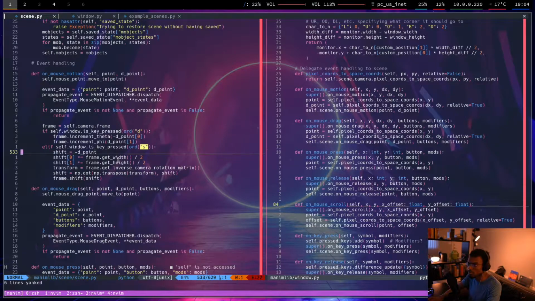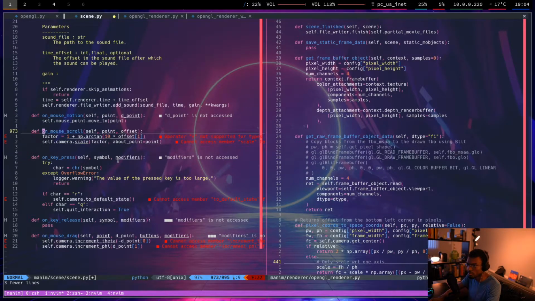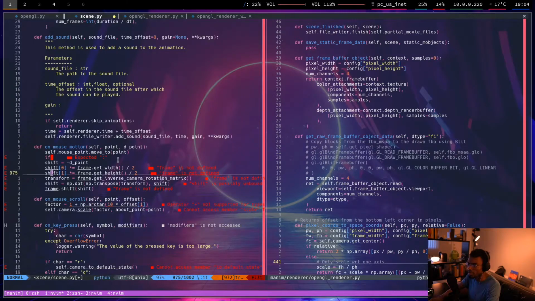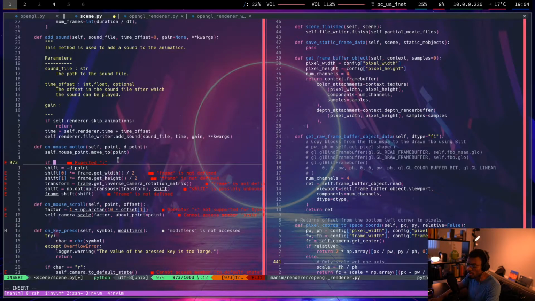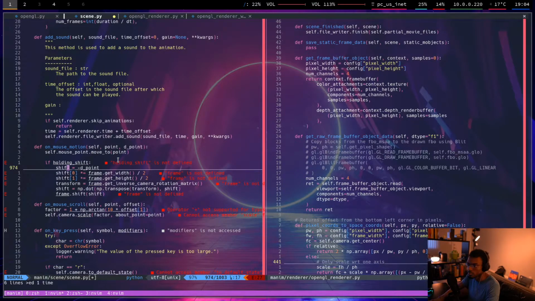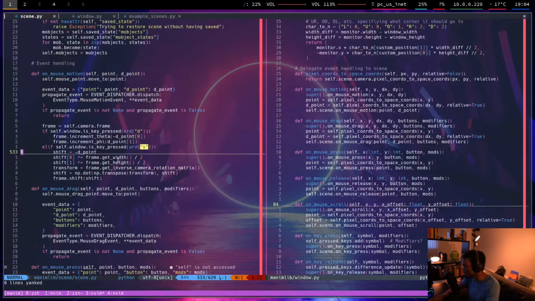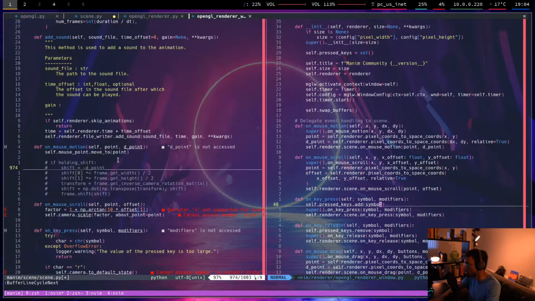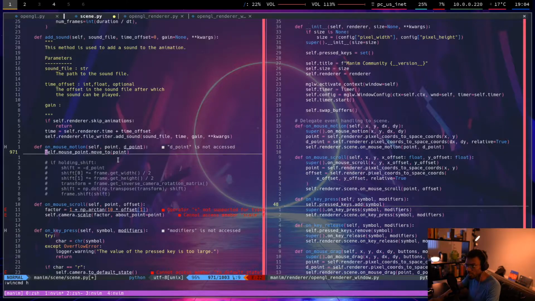This. I have to do that on mouse motion here. And this will happen if, like, holding shift. I'm not sure how to tell that. So the window has self.pressed_keys. That should probably be the renderer. I think it should almost certainly be the renderer. I can do